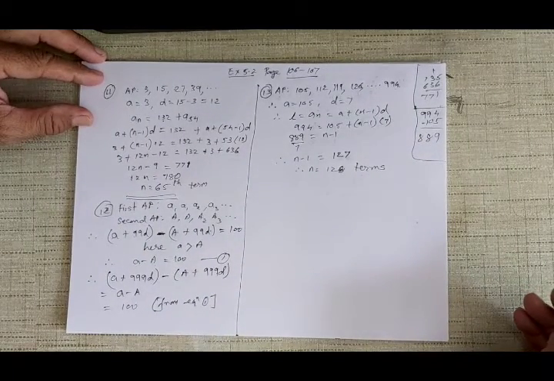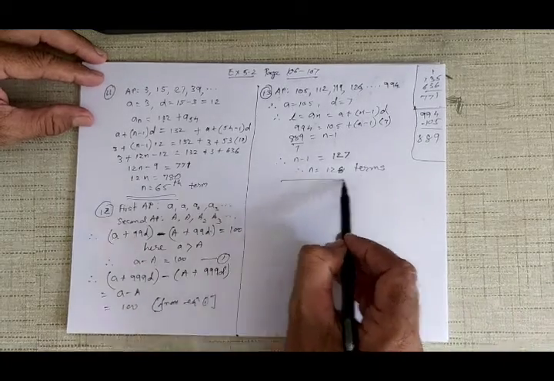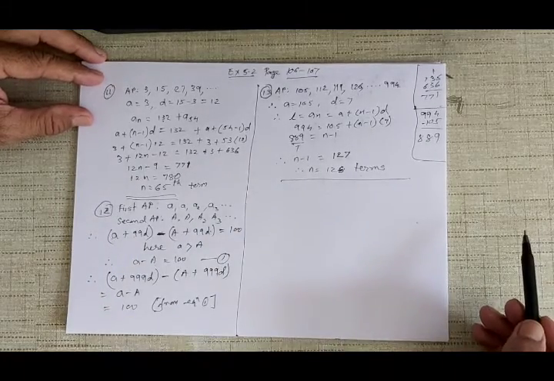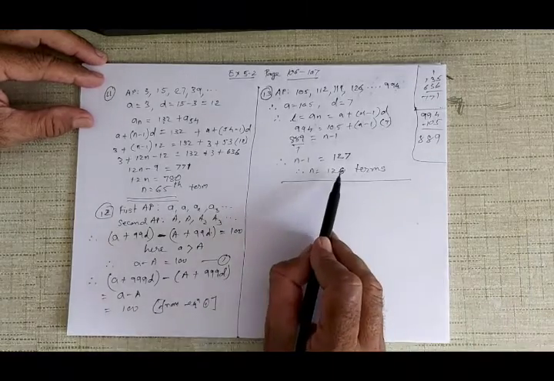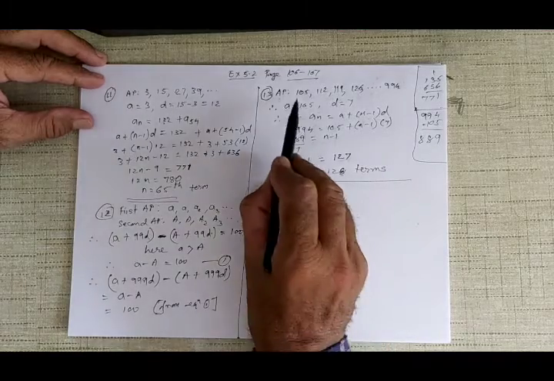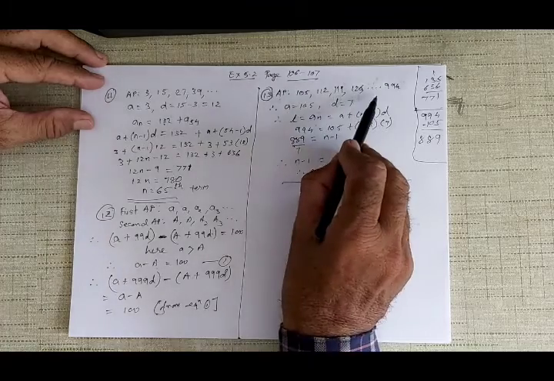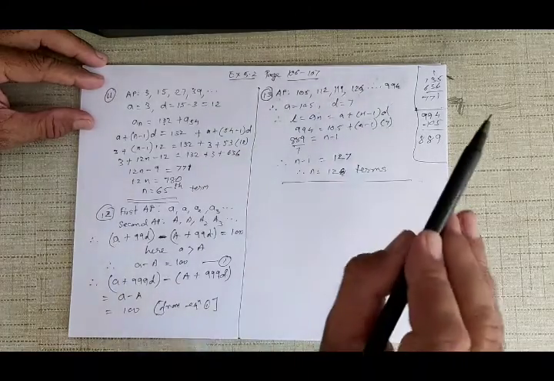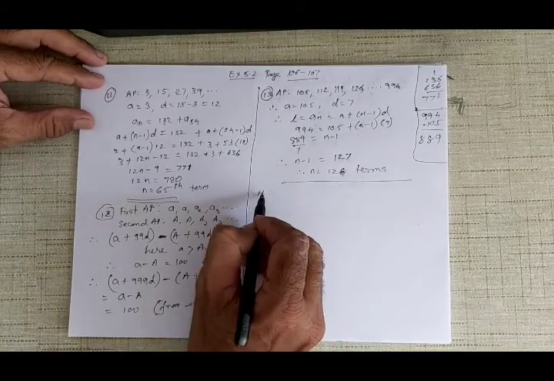Now we were asked the question, how many terms are there? Therefore there are 128 terms in the AP. The question was, how many 3-digit numbers are exactly divisible by 7? 128 numbers, exactly 128 terms are divisible by 7, that means 3-digit numbers only, starting from 100 to 1000, not including 1000. Okay, now the question number 14.